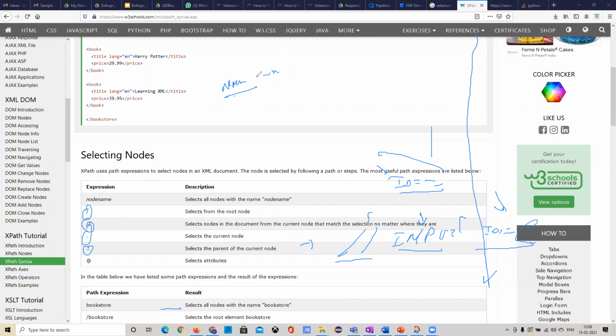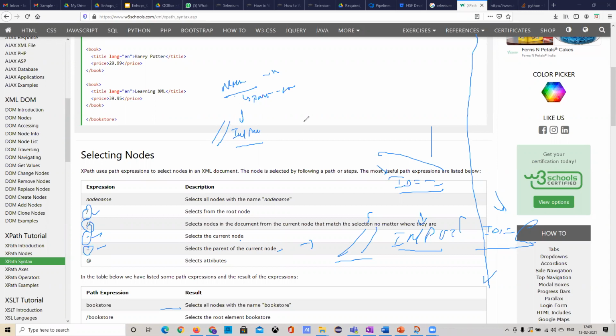And if the normal XPath is not working, then you need to go for parent and sibling XPaths. The parent and sibling XPaths will use dot and dot dot. If you don't understand the concept of dot and dot dot, you can't go further. So always you should know: slash is the root, and double slash is no matter where, whatever tag name you are trying to give here, it will search throughout the document. Now dot means the current node. Dot dot means it selects the parent of the current node.